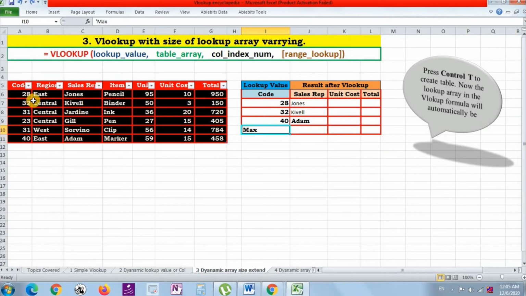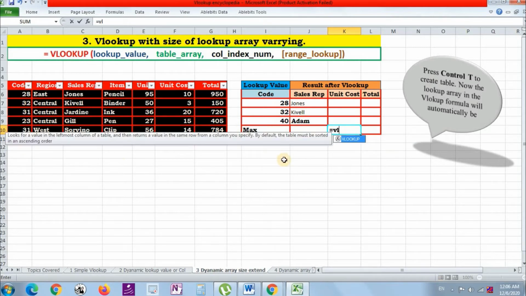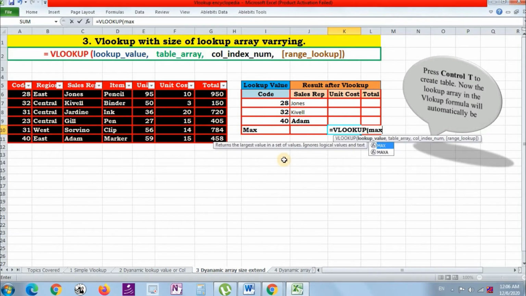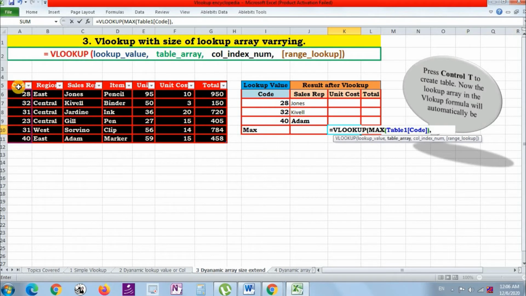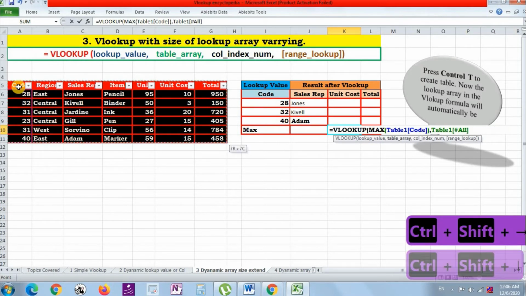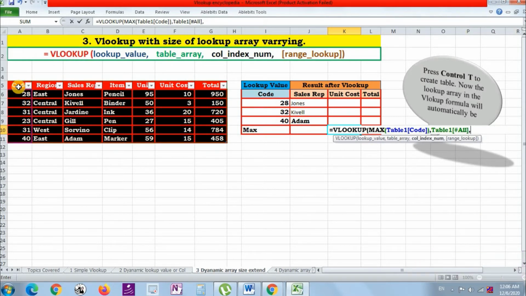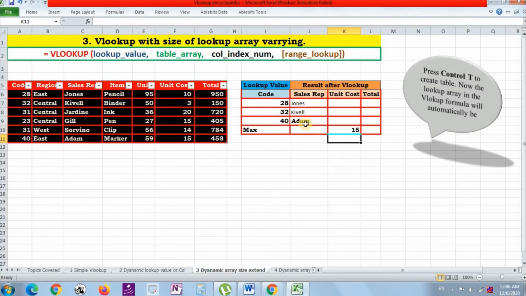Similarly, if we want to look for a value equal to maximum of these codes, so we'll look up max, table array, unit costs, so 1 2 3 4 5 6, exact match, so 15. So see the beauty of creating the table.